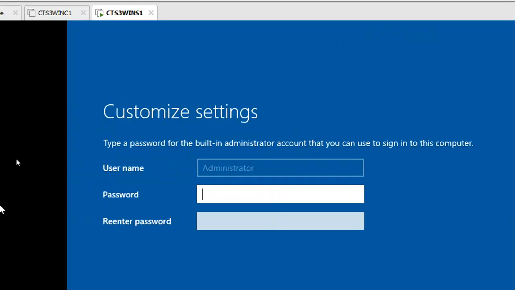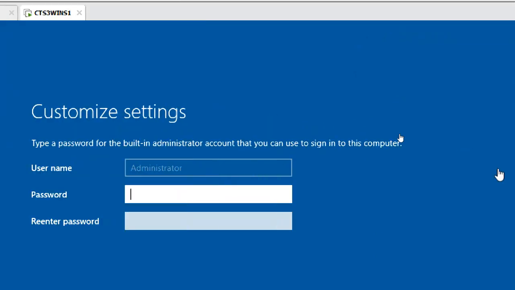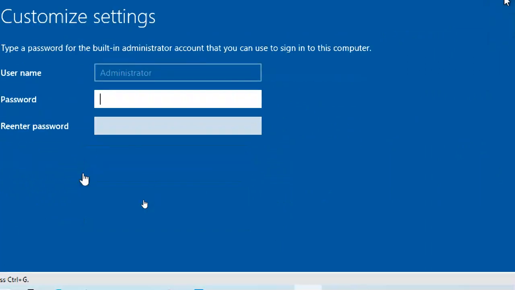You don't need to create any account, the administrator is already there. On a server, the administrator is enabled by default. In earlier Windows versions the administrator was there too, but on normal Windows workstations the first account is created by you, whereas in Windows Server the first account itself is the administrator.